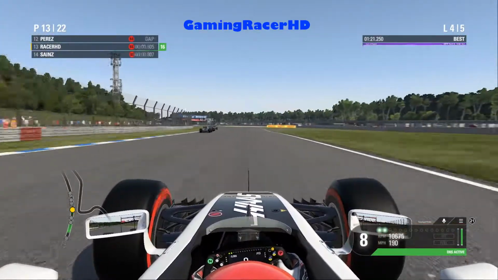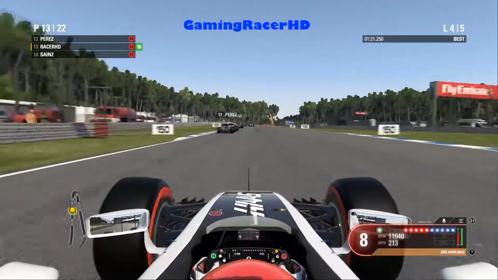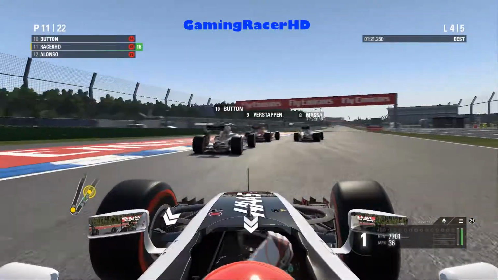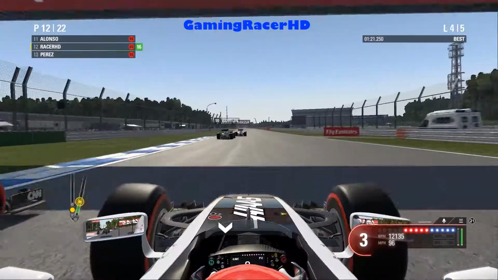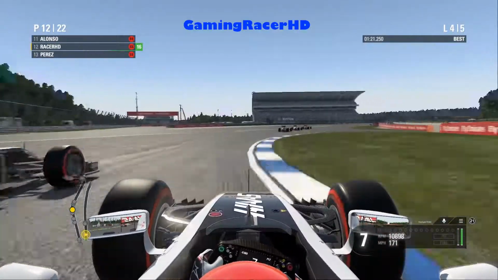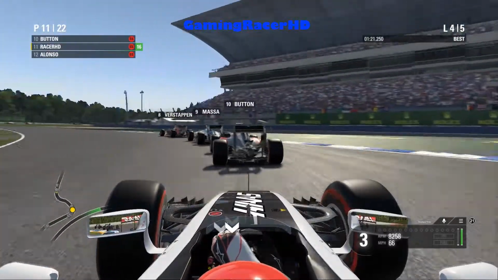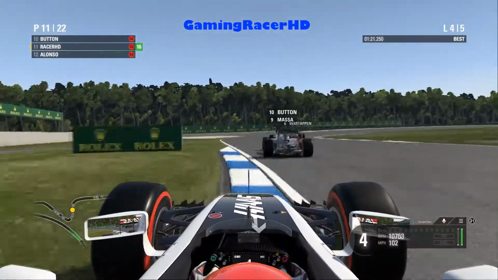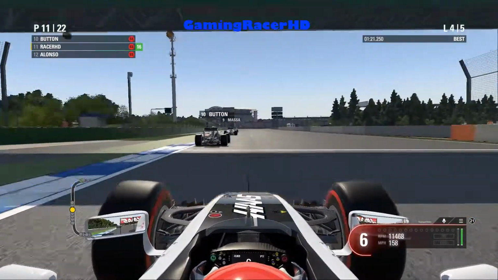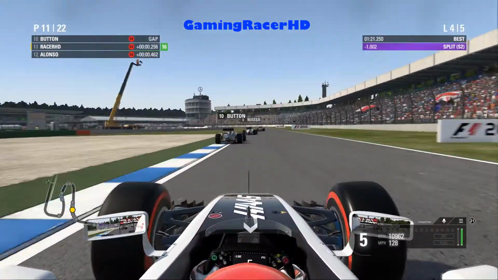Now we're outside the top 10 now. I think the podium is gone now. There's no way in hell we're going to get onto the podium. Yeah, pass him, Massa. Go on. Nice. Never mind, Massa got passed again. So Williams is not a very good car, it seems. I wonder where my teammate is. Actually, my teammates must have passed Max while I was trying to pass him, so...